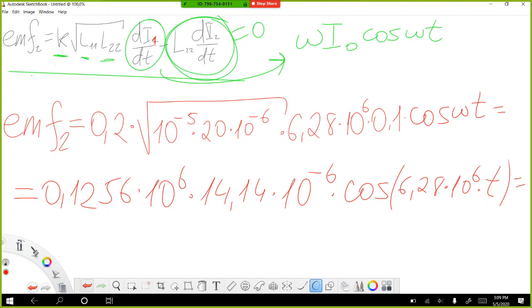This is equal to 14.14 multiplied by 0.1258, so the electromotive force in the secondary coil is equal to